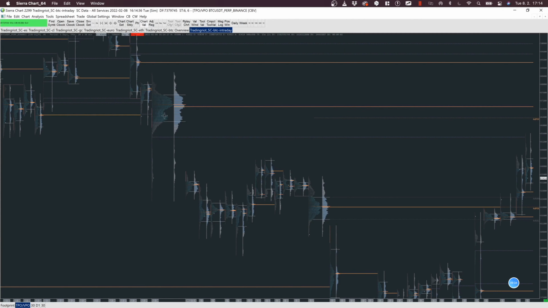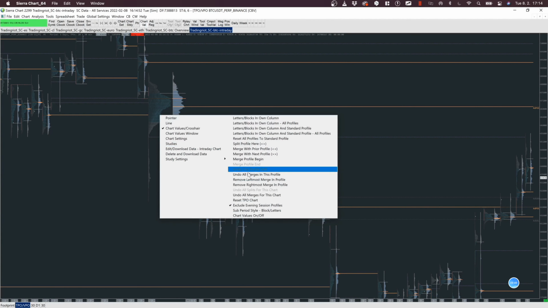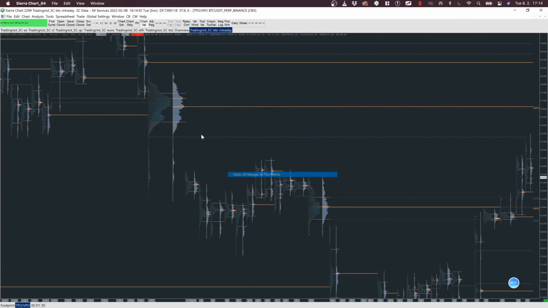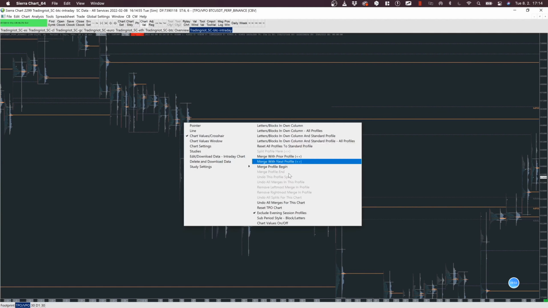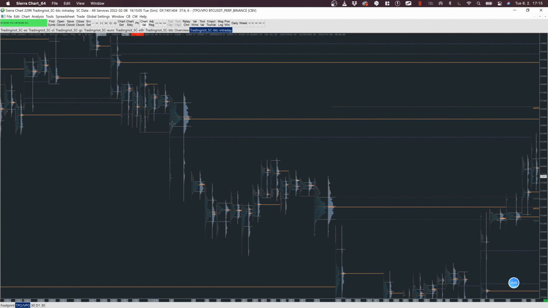What I don't like about this one is this kind of a hole in the profile. This is not the best composite structure. You want to see your composite profiles looking like this with one nice distribution. You can see there is a clear hole, so I would not proceed to merge these, but if I only merge these last 3 before the value moved a bit lower from there, this is your nice